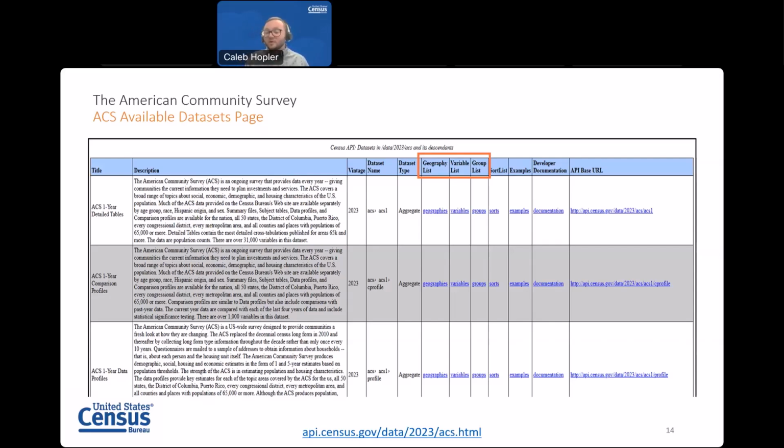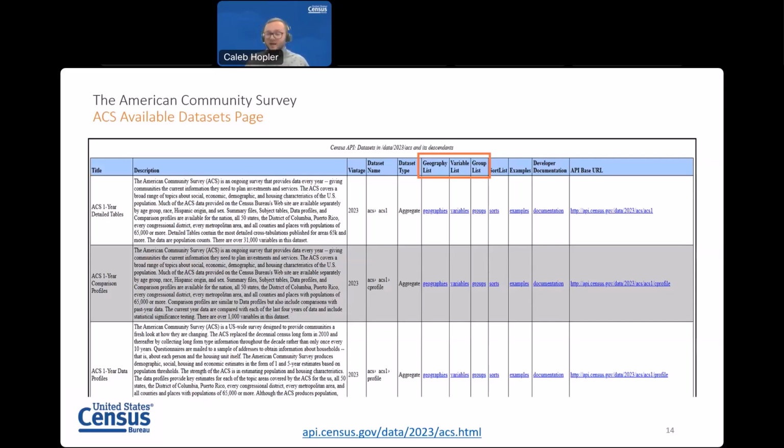Once the page is loaded, you can do a Control F for a search on that page. You can also search for variables by individual table or profile under the group list, which will load faster because they are smaller pages. My colleague Joseph will get into this later. Now, group list is a list of all the tables or profiles under that data product. This page shows the table or profile ID, the title of the table or profile, and a variable list for each individual table or profile.